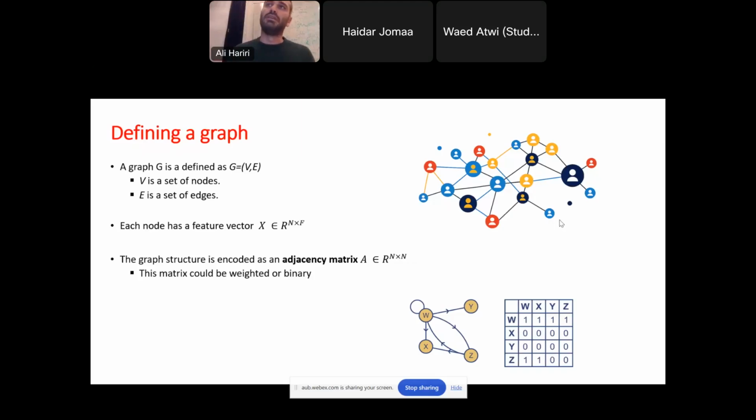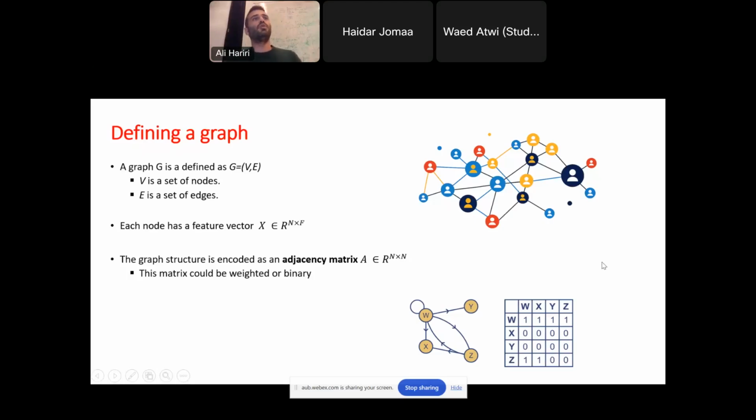Now, this is for the connectivity. At the level of each node, we have a feature vector. So if you have n nodes, then the feature matrix is defined by n by f. Here there's a slight mistake: it's a feature matrix, not a feature vector. If we have n nodes, each one has a vector of dimension f, describing, for example, the height, the age, the activities, the features of each node at the input level. So this will be the data structure that we will use to learn over a graph using graph neural networks. This is the construction phase, and either we are provided with this structure a priori or we have to learn it.